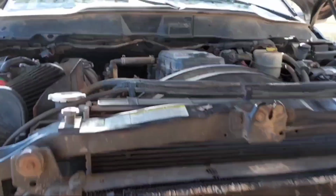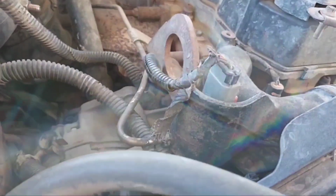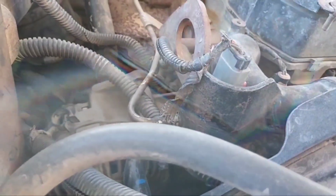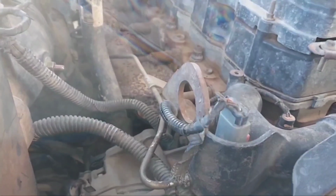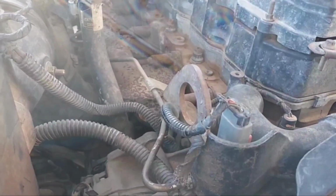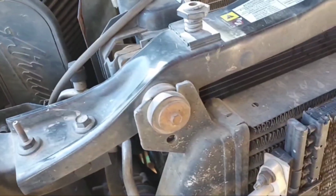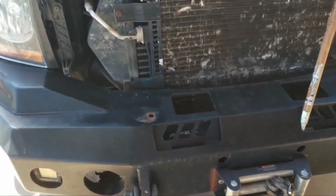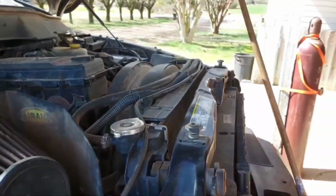this thing, obviously 6.7 Cummins, I got a fan clutch that's making a squealing racket for the 2nd time since I've owned this truck. So I'm waiting on that to come in, should be here tomorrow. But today, being that it needs an oil change anyways, I'm gonna go on ahead and change the engine oil, put a new filter on it, and